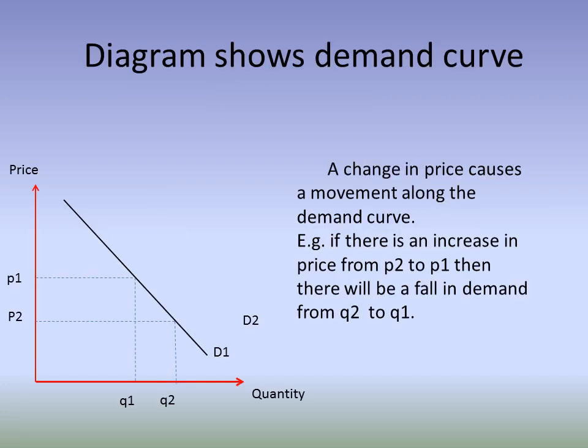This simple diagram shows the demand curve. Price changes demand: high price, lower demand. For example, if the price of bananas increases, then consumers are not willing to buy more.